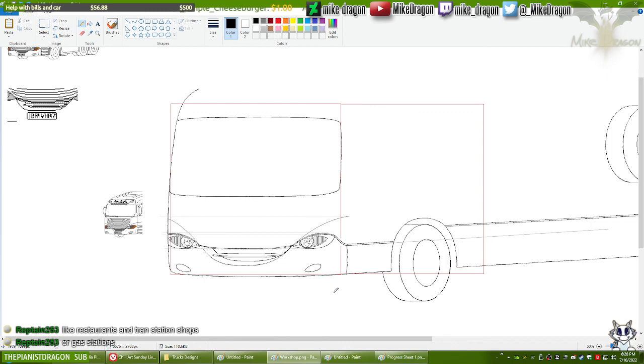There are no shops open on Sundays here, except the ones for travelers and tourists, like restaurants and train stations, shops or gas stations. Wow. Over here, all supermarkets work on Sundays. The only difference is that they usually function with fewer employees and they close earlier. While usually most of them close by, what time do they close during the week? I think at 10 p.m. Yeah, most of them close at 10 p.m. during the week. So you know, from Monday through Saturday. On Sundays they close at 8 instead.